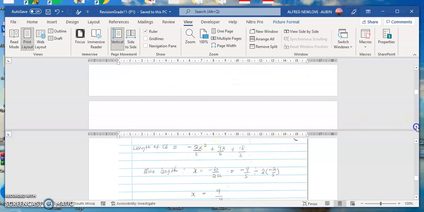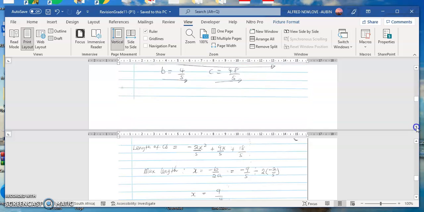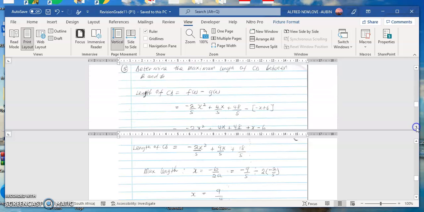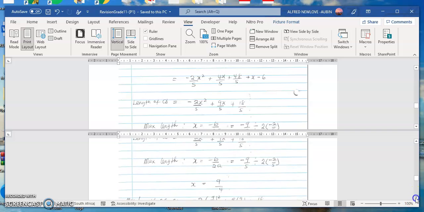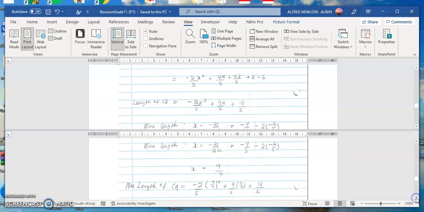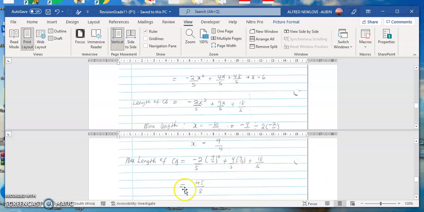Let me get it at the top here. Okay. So I have my function as this one. So you substitute x as 9 over 4. So if I substitute, my minus 2 over 5, my x is 9 over 4 squared, plus 9 over 5, my x is 9 over 4, plus 18 over 5. If I simplify, I'm going to get 4 over 5. So the maximum length is